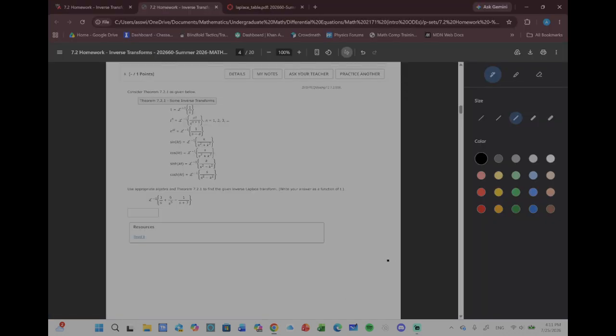Okay, so here I'm going to try and show how to use algebraic manipulation to figure out the inverse Laplace transform of an expression with the Laplace table. And so here we can see that this expression is equivalent to, okay, actually 3 times